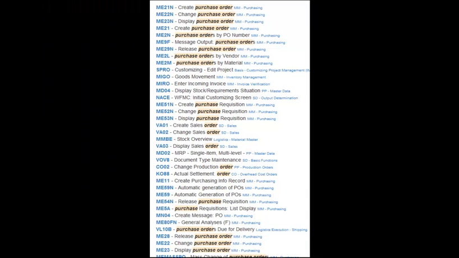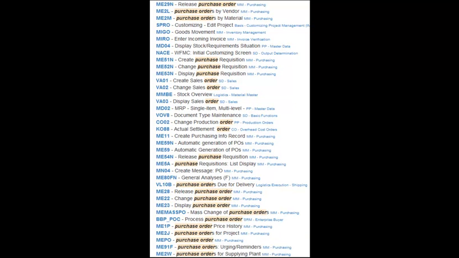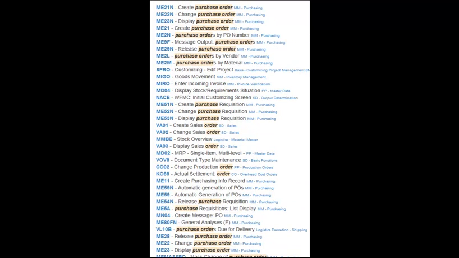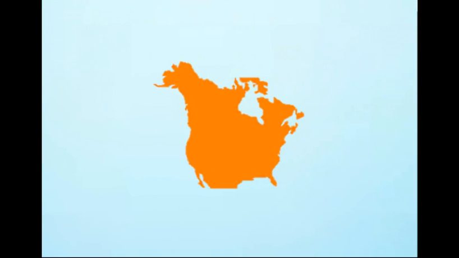Navigator is actually an SAP T-code created with the user in mind, and one of its features is that you won't have to remember countless T-codes, which, as you've seen in previous videos, are a complicated combination of letters and numbers. Here, in TransAlta's North American locations, after logging in, most are familiar with seeing the standard SAP landing page,